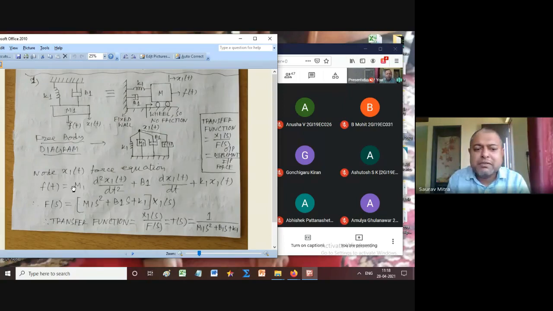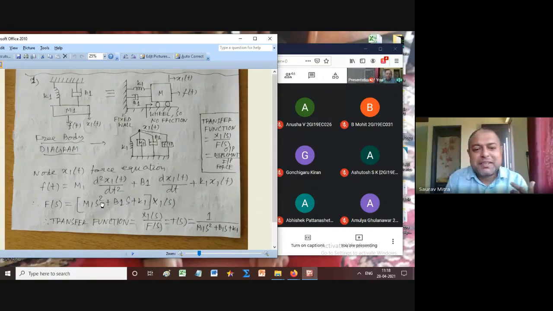Here whatever force I am giving is moving the mass. What is the formula? Mass into acceleration. That is moving the dashpot. What is the formula? Friction into velocity. That is getting absorbed in the spring. What is the formula? Spring constant into displacement. Now is it understandable? Anybody have a doubt? Yes, sir. Now anybody doubt? This is a standard formula. Force is equal to mass into acceleration. This is Newton's second law. I did not invent anything.